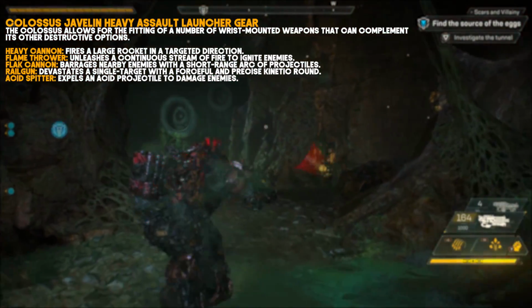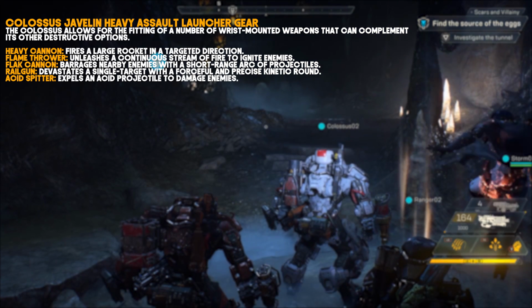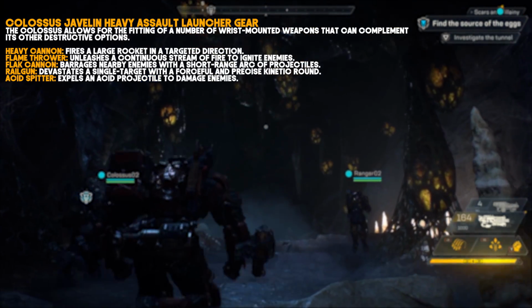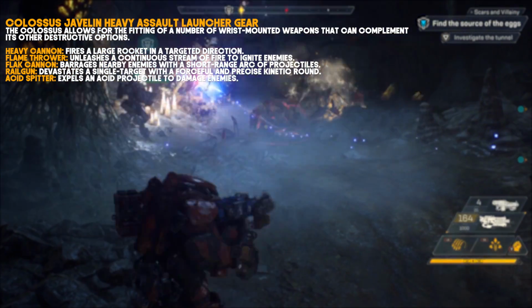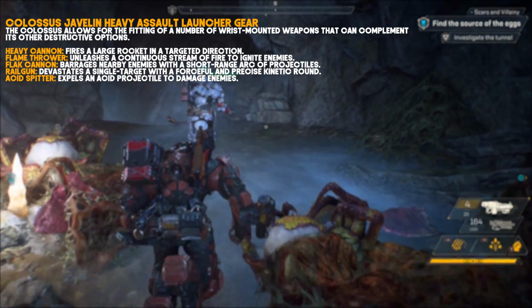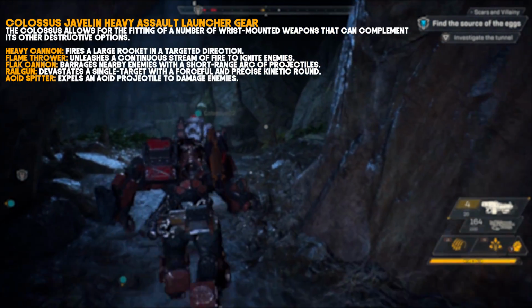We've got the Flak Cannon, which barrages nearby enemies with a short-range arc of projectiles. We've got a Railgun, devastating single-target precision kinetic round attack here. I like seeing these single-target weapons. There's not a lot of them, but with the Railgun and the Lightning Coil, you could maybe build a very focused DPS build here with the Colossus and run that alongside someone who's more tanky, more AoE focused, who is also running a Colossus. There's a lot of opportunities here to mix and match with the Colossus to do more than just AoE damage